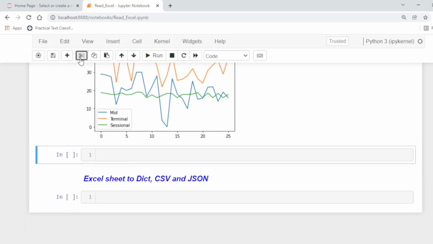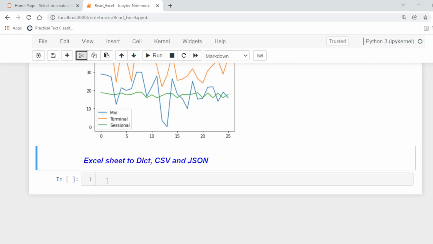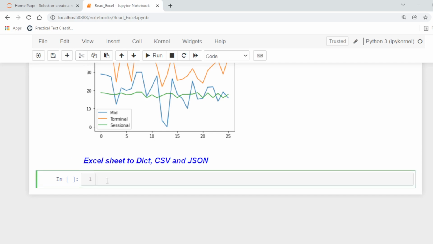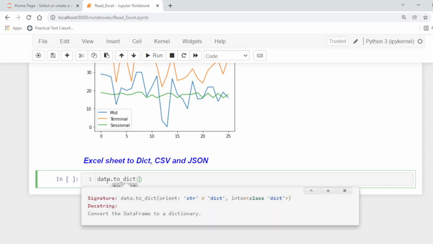The other is Excel sheet to dictionary, CSV and JSON. The Excel sheet or the data frame can be converted to a dictionary. For example, we have a data set and we want to convert it into a Python dictionary. So you can also specify the orient.